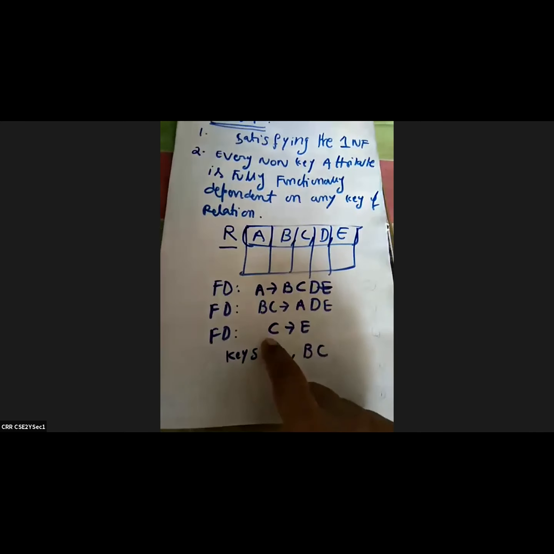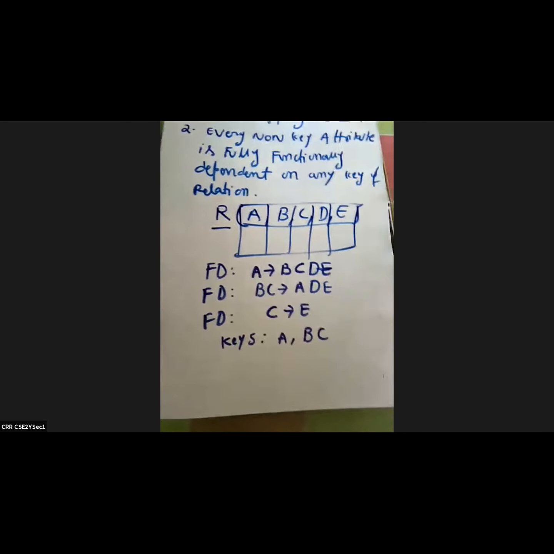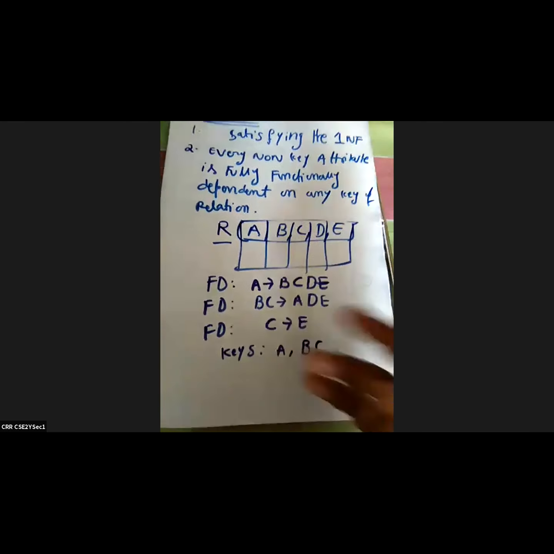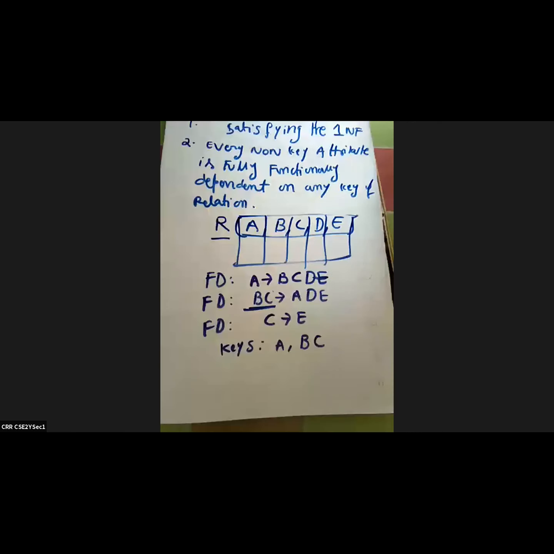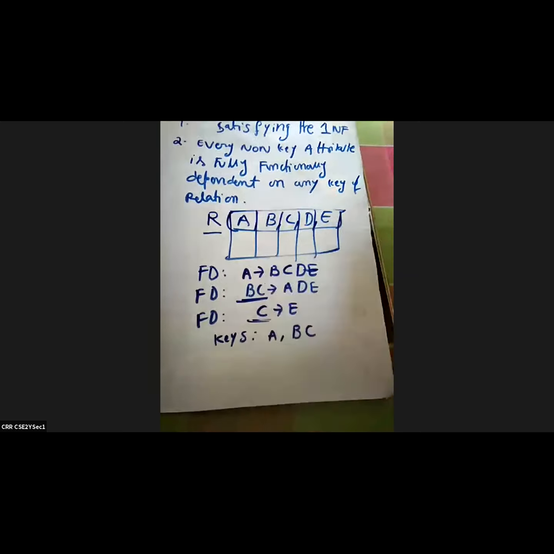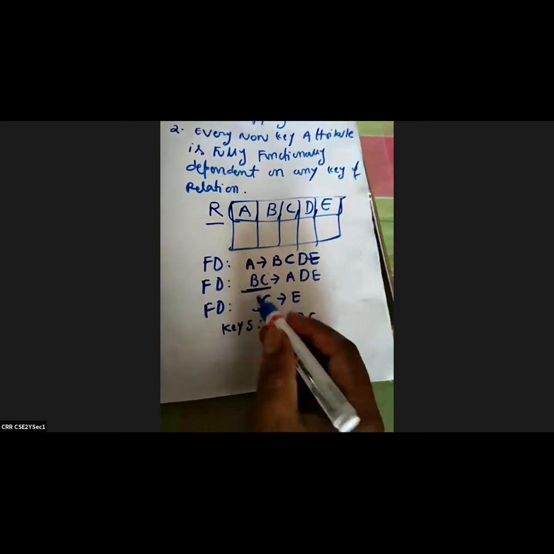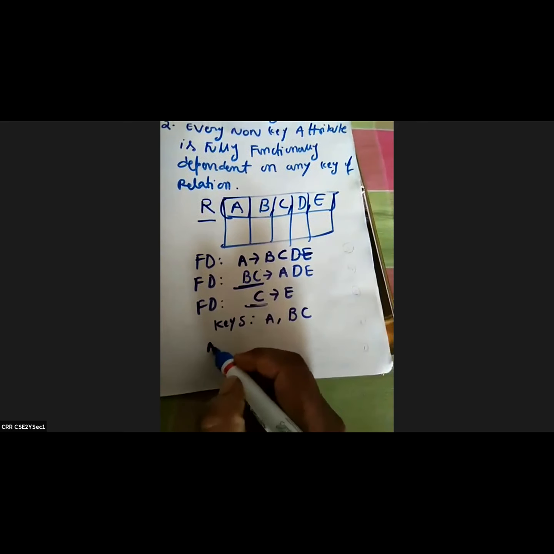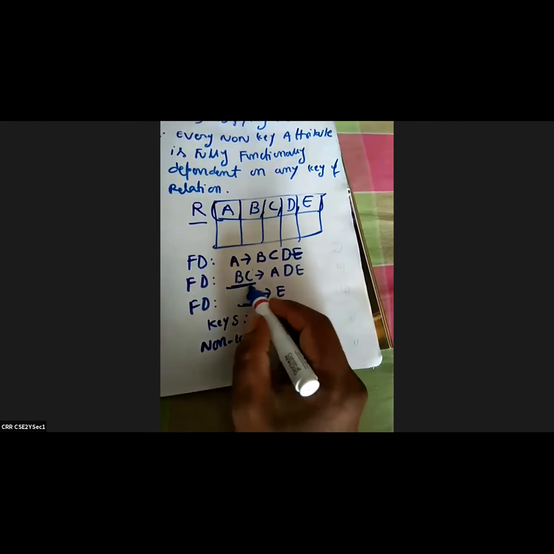But here C is able to identify E. If you observe, C is part of the key. We mentioned BC is a key, but here we are using part of the key. If you are using part of the key, what does it mean? It is a partial functional dependency. We try to use non-key attributes also. What are the non-key attributes here? D and E. But part of the key is used to identify some other attribute. This type of dependency will be referred to as